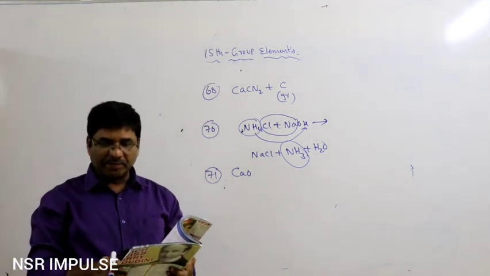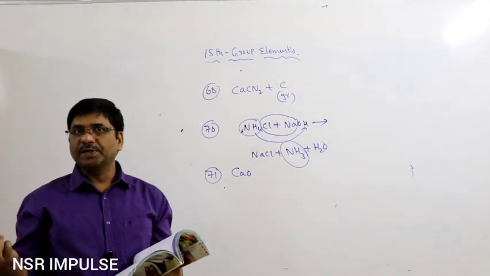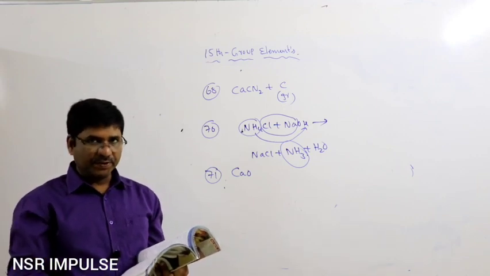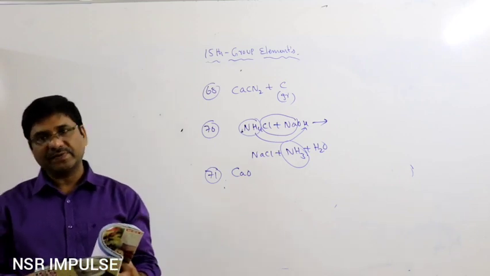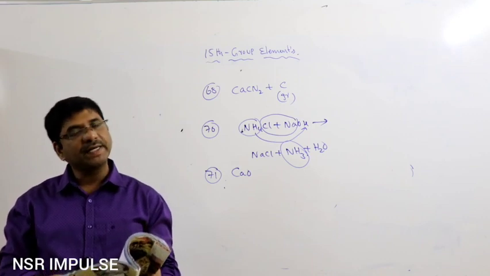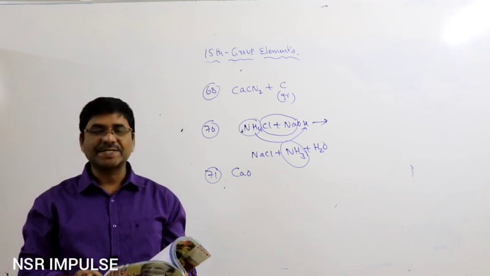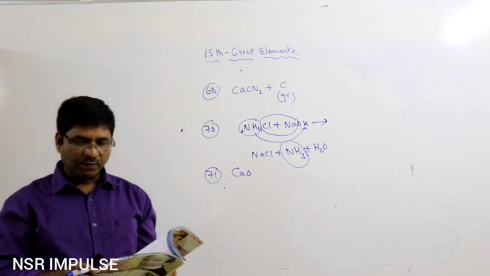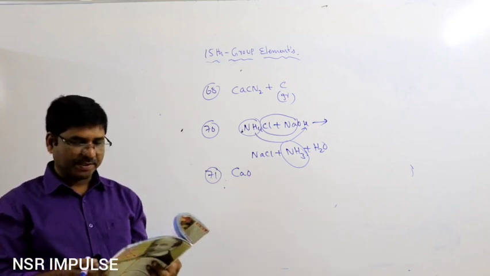Next, question 72. Which of the following compounds is not used as a fertilizer? You know from the previous class also, ammonium sulfate and urea are used as fertilizers. First option, ammonium sulfate, fertilizer. Urea, fertilizer. Calcium superphosphate is also a fertilizer. So calcium phosphate is not used directly in fertilizers. So for 72, the fourth option is the answer. Not used means calcium phosphate.